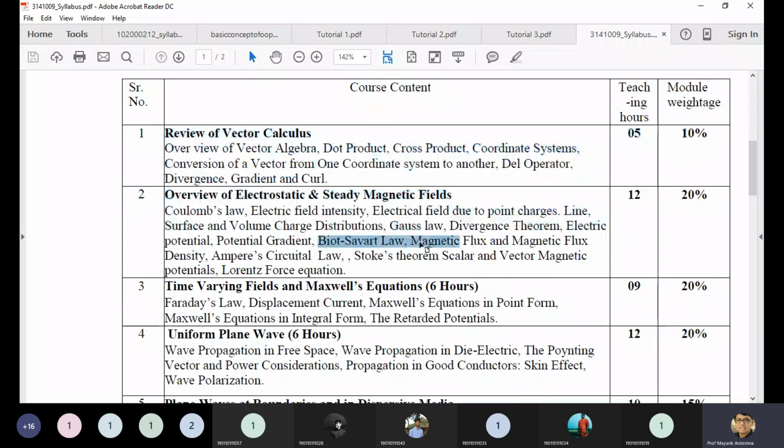So it may be, prove the Biot-Savart law. It may be, derive the Biot-Savart law, which gives me the magnetic field intensity. Only we derive H for the line charge. Another law which we are discussing is Ampere's circuital law, and we discuss the Stokes theorem. You can see these are all theoretical, as well as any kind of example may be asked based on this one.